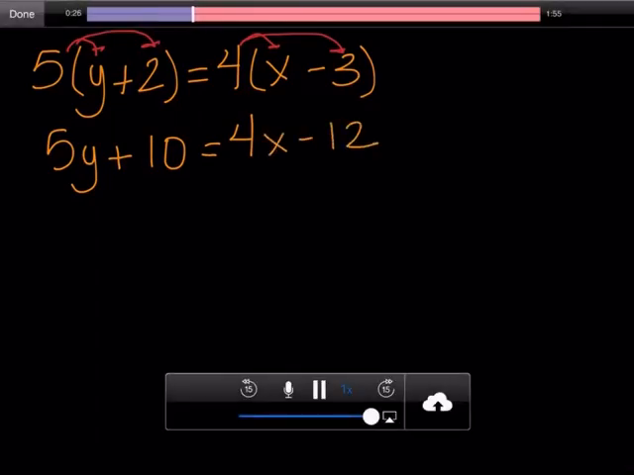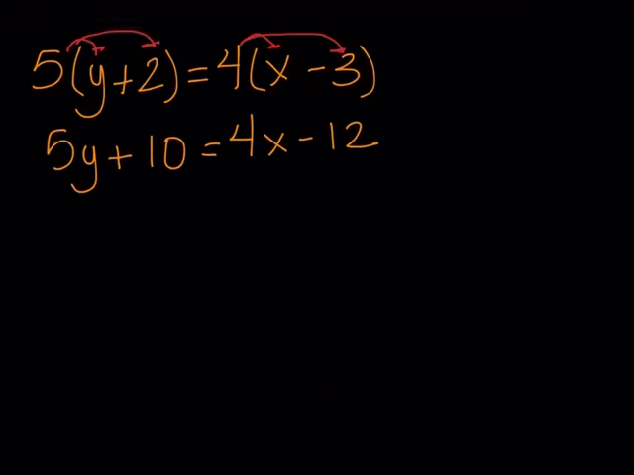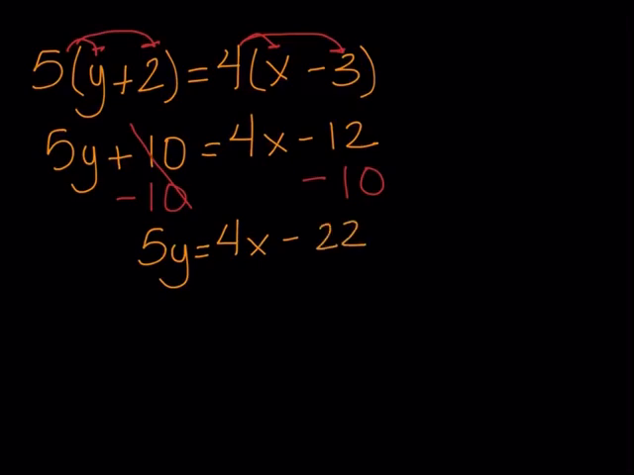negative 12. Now our goal is to isolate the y, so we have to do the inverse of positive 10. So we can subtract 10 from both sides. 10 minus 10 is going to cancel out, leaving you with just that 5y. Then on the right side, we bring down that 4x, and then negative 12 minus 10 is going to